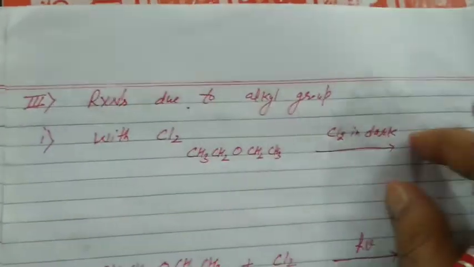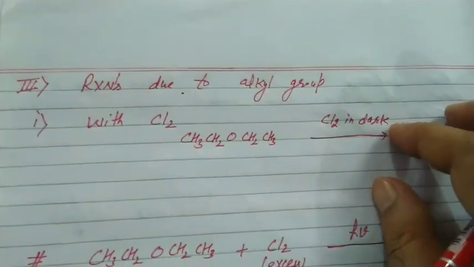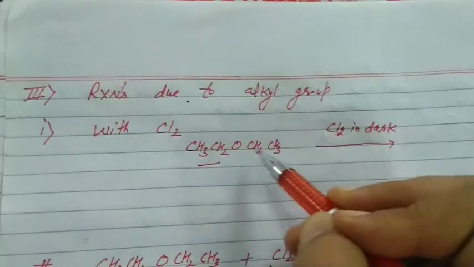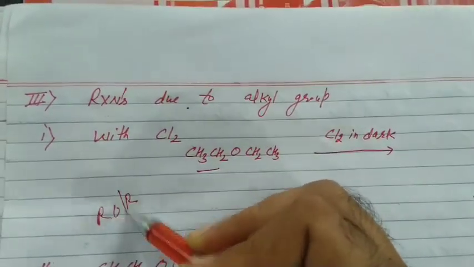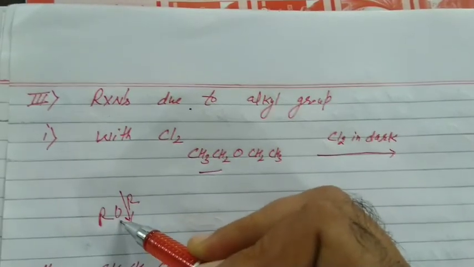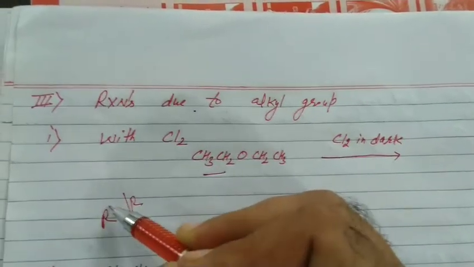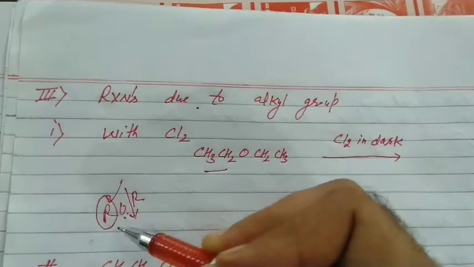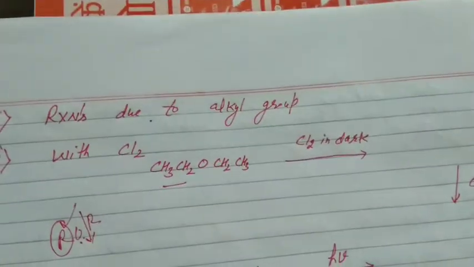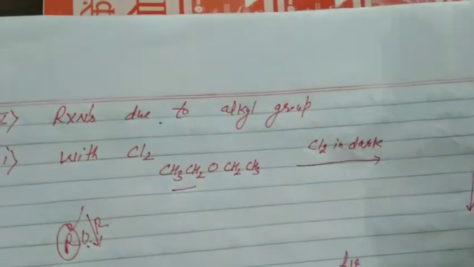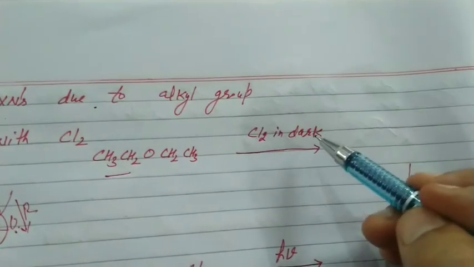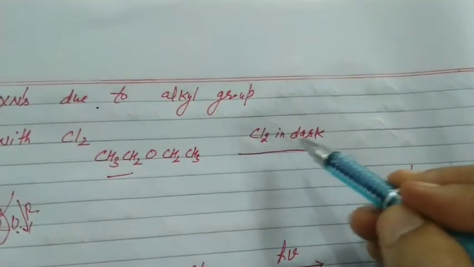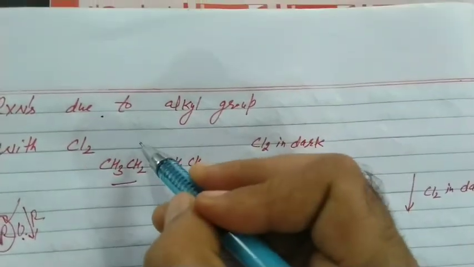After this, students, third type, reactions due to alkyl group. In these reactions, the alkyl group will participate. ROR is ether. At first, there was the breakage of oxygen-carbon bond. Then we studied reactions due to oxygen atom of ether. Third, in which alkyl group participates. Reactions due to alkyl group. Number 1 with halogen molecule, that is halogenation. Students, it depends upon the condition. First, halogenation in dark. Upon treating with chlorine in dark, the alpha carbon